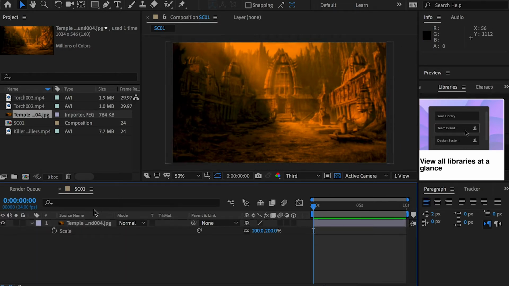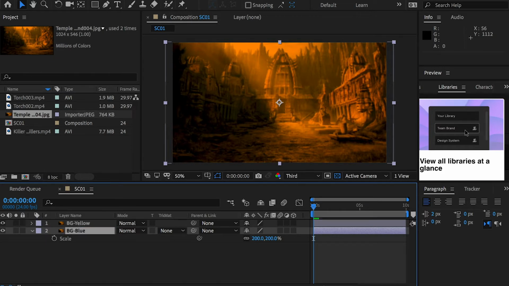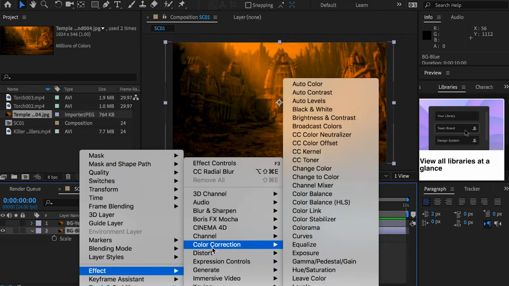Okay, and select it, hit Command D to make a duplication. Okay, so here we can see this one, we can call it BG yellow. Okay, and this one we can call BG blue. So this will be the base one. Alright, so hide the yellow one, and with this one selected, you can just right click and go to Effects, go to Color Correction, go to Hue Saturation,